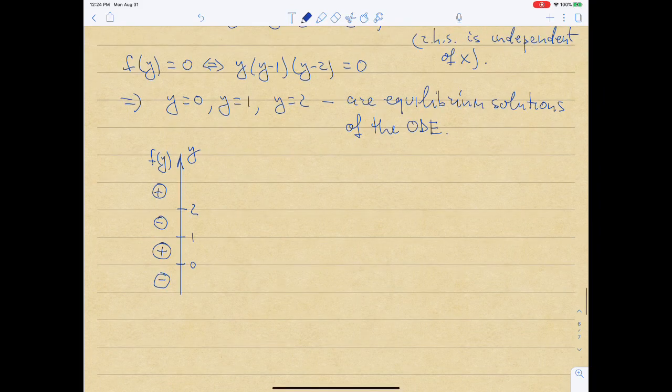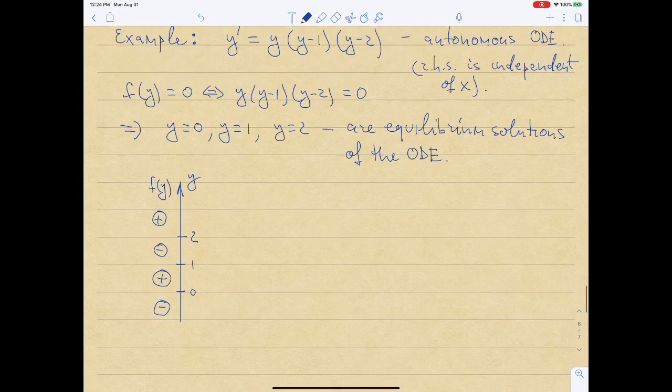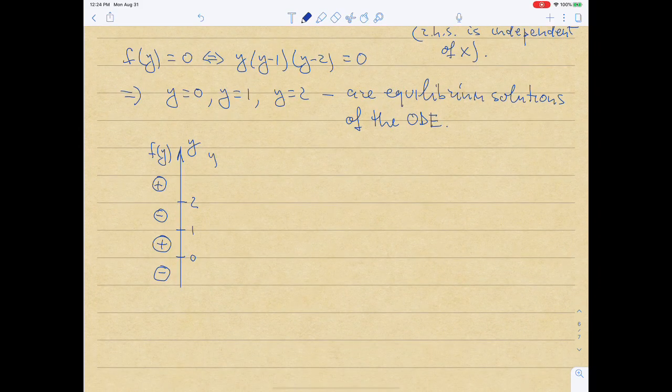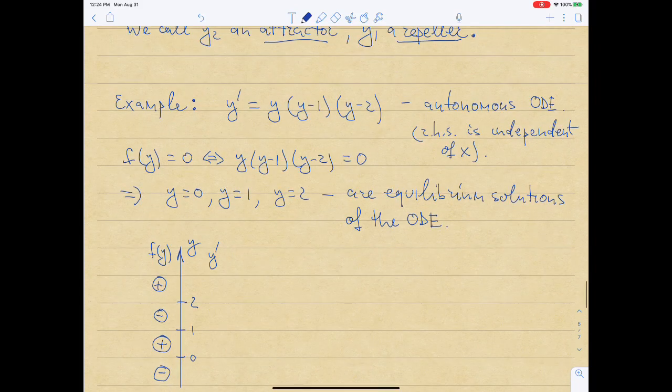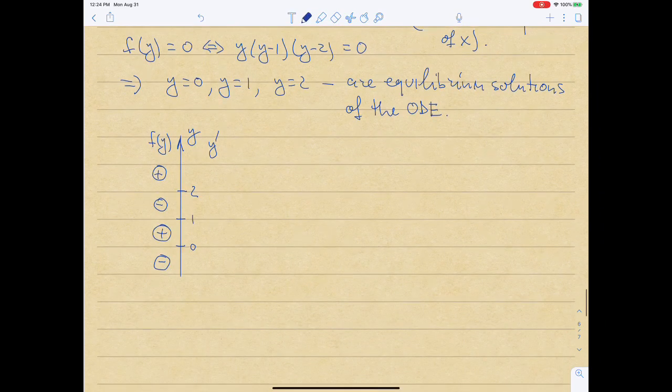Okay, so then if this is the case, then y prime, which is equal to f of y, right, which is equal to y times (y minus 1) times (y minus 2), will have exactly the same signs, right? Positive, negative, positive, and again, negative. And so then y itself must be increasing here, decreasing here, increasing, and then decreasing. So now we can sketch